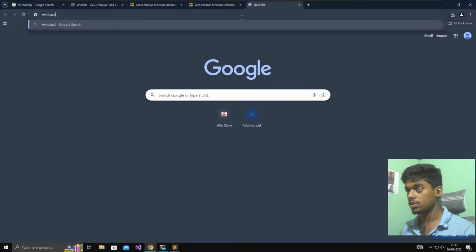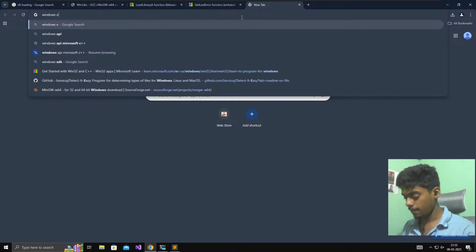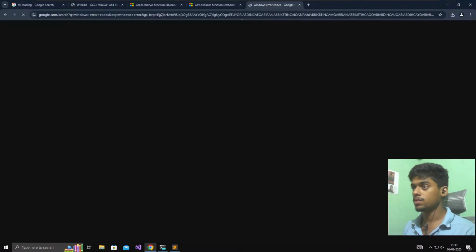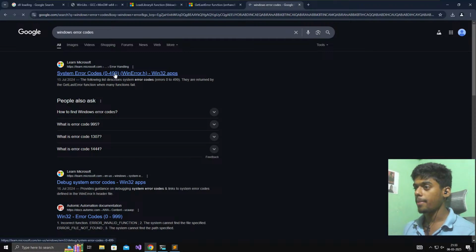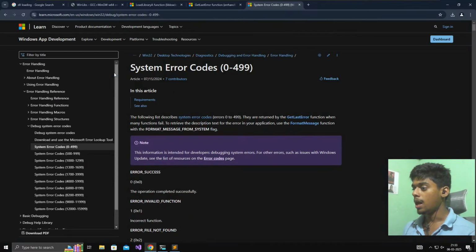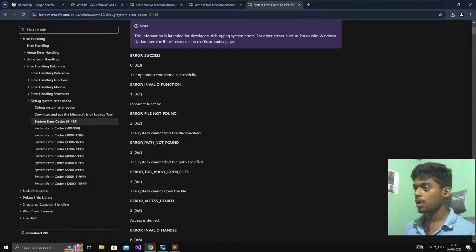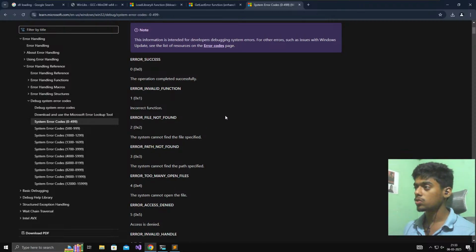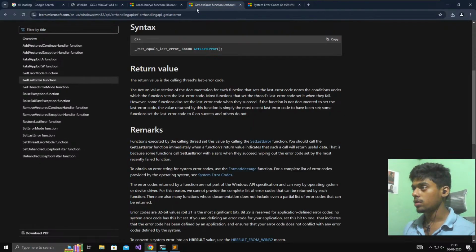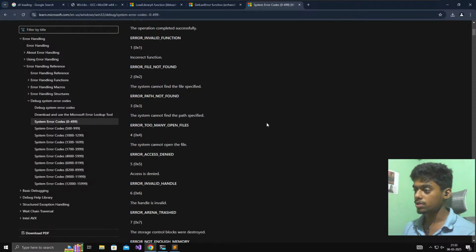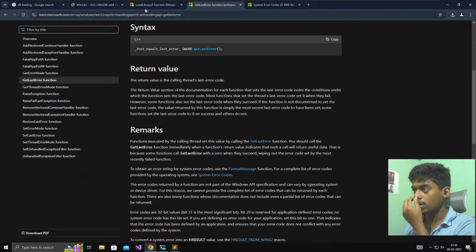So you can search Windows error codes over here. It will list all the error codes from that particular site. The first error code is invalid function, file not found for 0x2, and so on. These are all the error codes. So even if you get this kind of error, you can look up that particular error in these error codes and see what the error exactly is. Coming back to this,